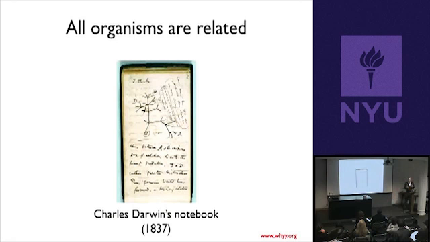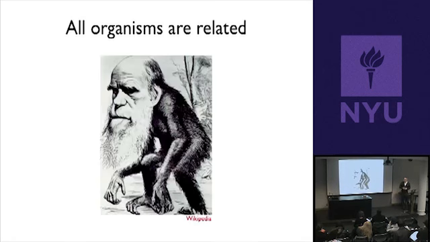And the most radical idea in that book was not natural selection. The most radical idea in that book was that all organisms are related by common ancestry. That is, in particular, that we evolved from apes, okay? And a common way of caricaturing Darwin at the time, and still, is to draw Darwin's bearded face on the body of a monkey, right? And so this idea that all organisms are related is a crucial idea in biology.